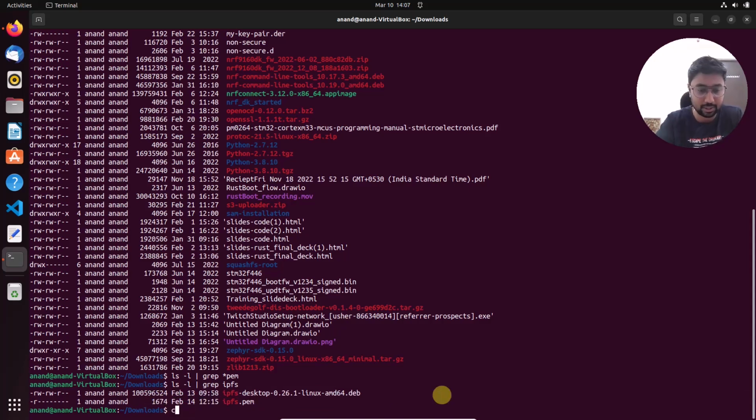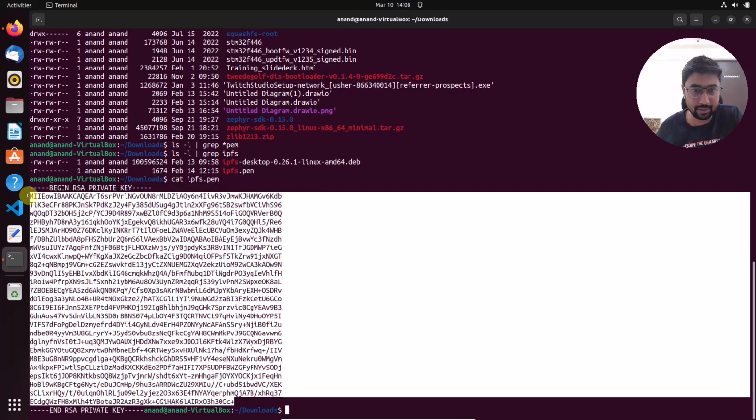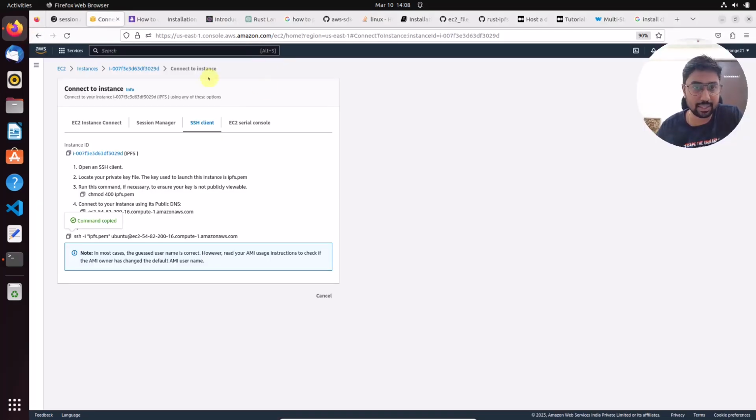If I do cat here, now this I should not be doing, but since I'm not doing any critical work, I'll show you this. This is the private key which we're going to use in order to access our EC2 instance. Now what we have to do is make this private key available to our Lambda function. In order to do that, we'll utilize this